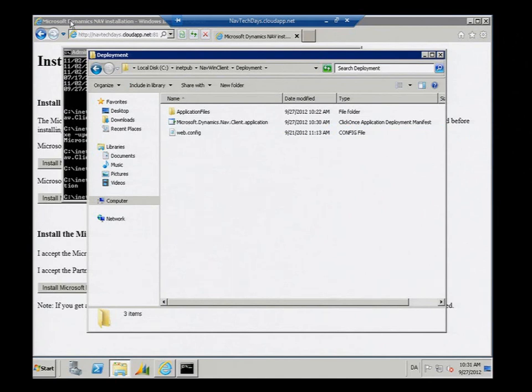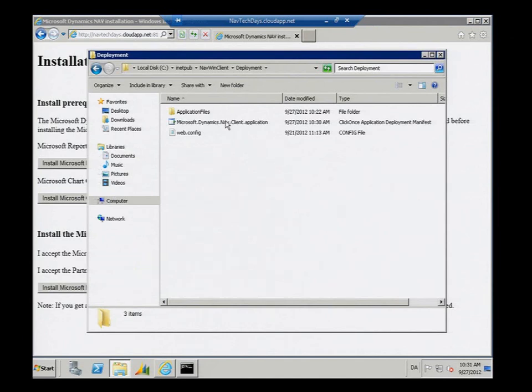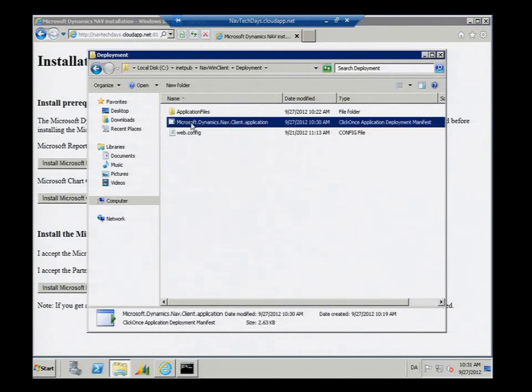So I'm done. So if we go back to this, if I press this button, it will run this file. Actually, when I say run, it will download it to the end user machine, which in this case is the same machine. It will see, oh, it's a ClickOnce file. ClickOnce is part of the .NET framework. It knows how to handle them. So it looks at it and sees, oh, there's a pointer to the other XML file, so I better download that too. And it looks at that one, and then downloads all the files. And it puts all those files in a hidden folder on your machine. And once it's done that, it runs the exe file.